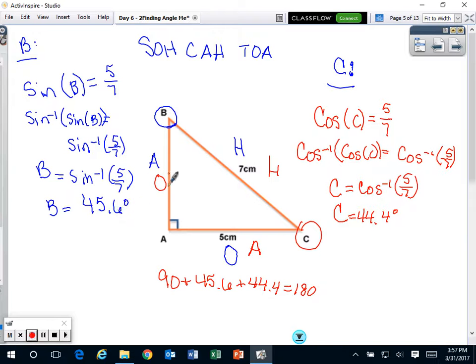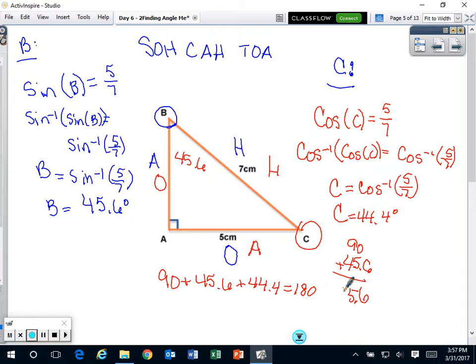So once I find one of those angles, then that means I've got a 90-degree angle, plus I know that B is 45.6 because I solved it using trig. So to find this third angle, I could actually just go ahead and add 45.6, sorry, my 6 is funky, and 90, add those up,